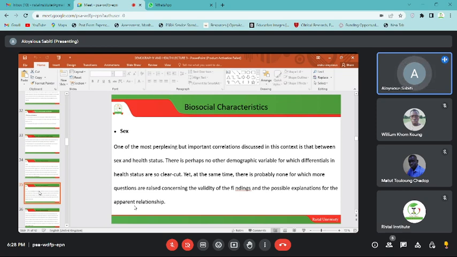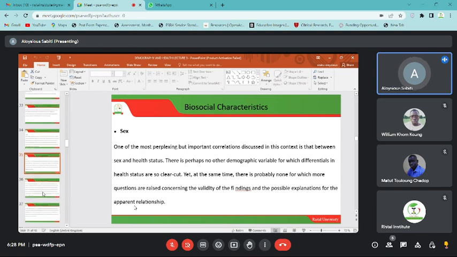But what is key for us to note is that women and men do not have the same vulnerability to catching a cancer or a particular health status,